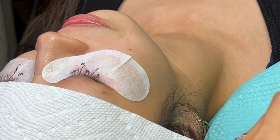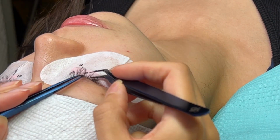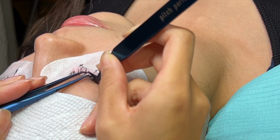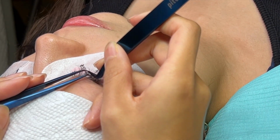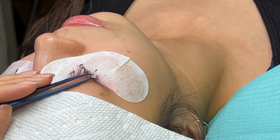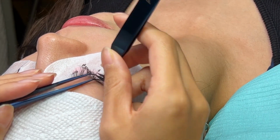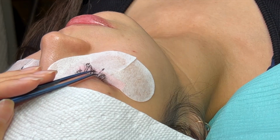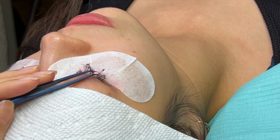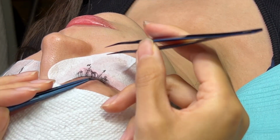Now we have 2 tips to start building the density of this lash set. So the first one obviously is to fill in every single lash. Even if it's a super thin or smaller lash, you can actually make the fan 2D and that would be okay. The next tip that I have is that within each lash map section, you can actually add shorter lash